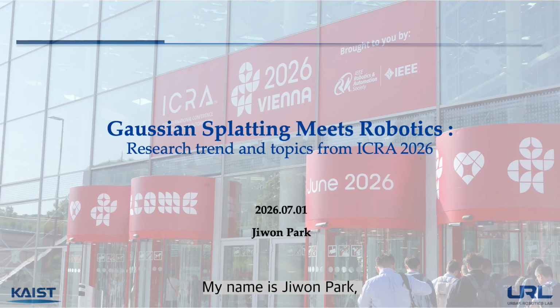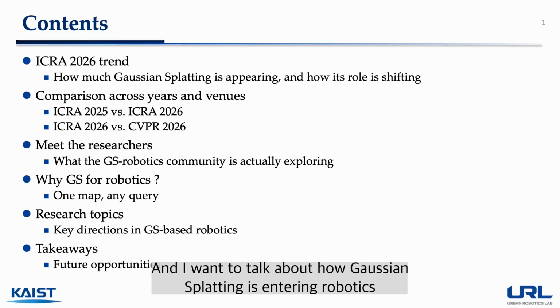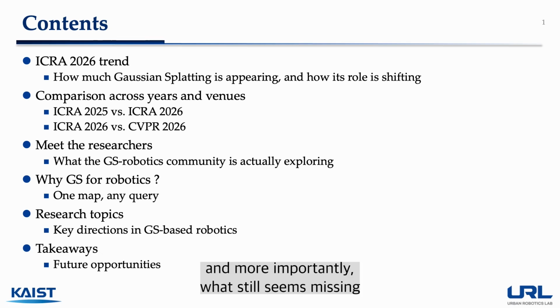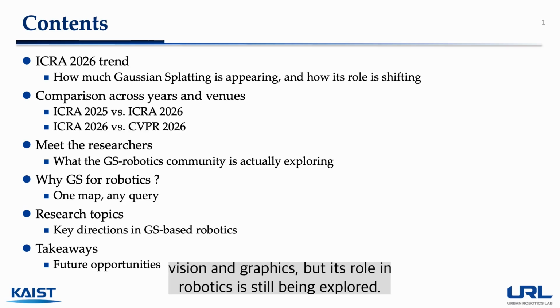Good afternoon, my name is Jion Park, and today I'll be giving a talk titled Gaussian Splatting Meets Robotics. I want to talk about how Gaussian splatting is entering robotics, and more importantly, what still seems missing. Gaussian splatting has already become a major representation in computer vision and graphics, but its role in robotics is still